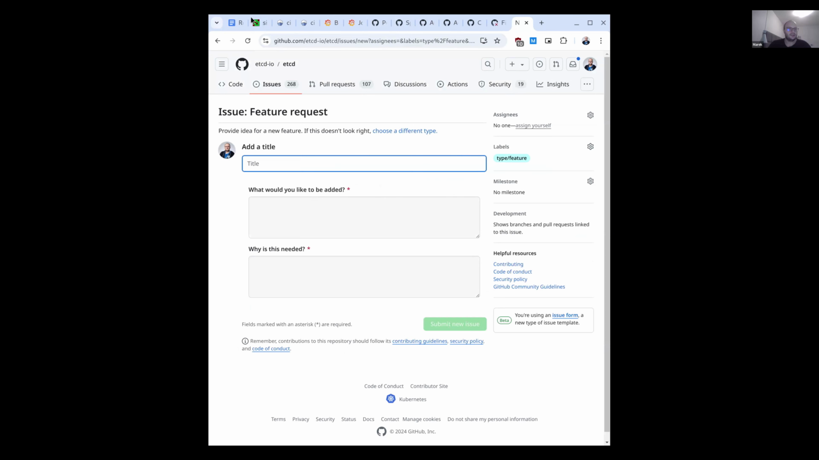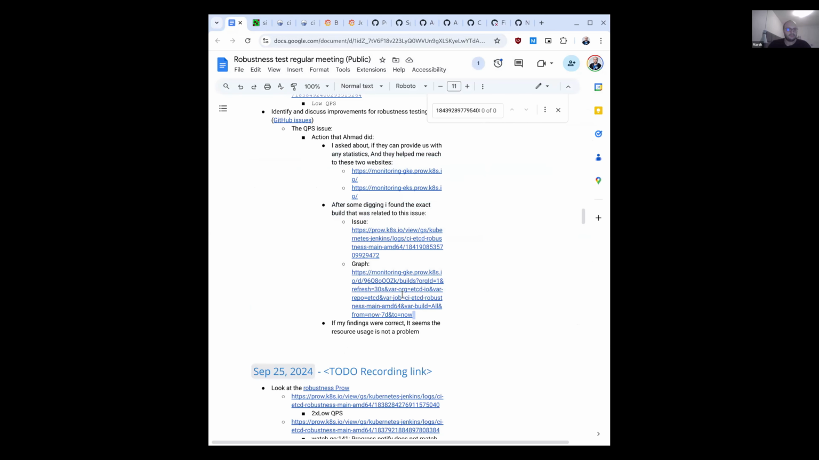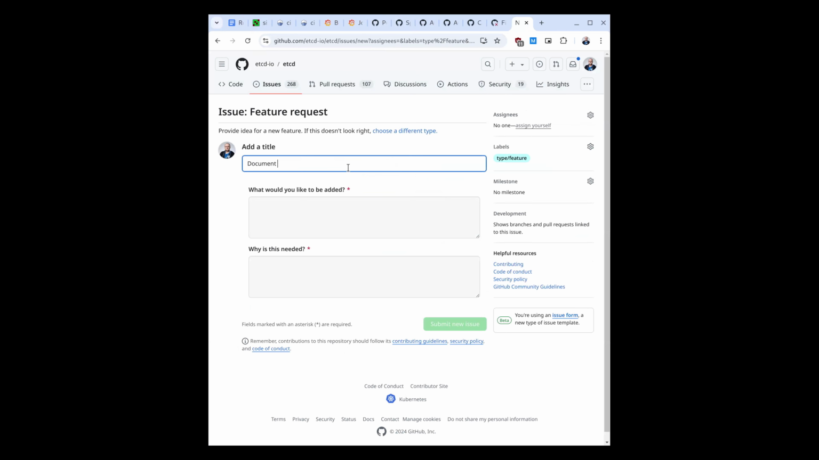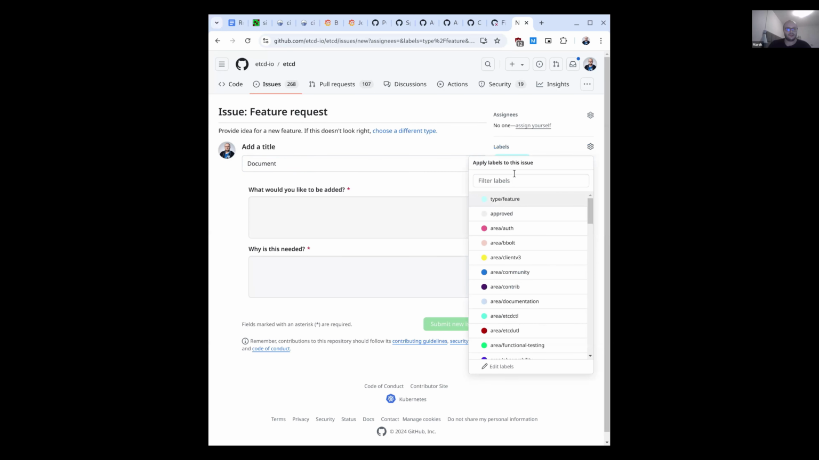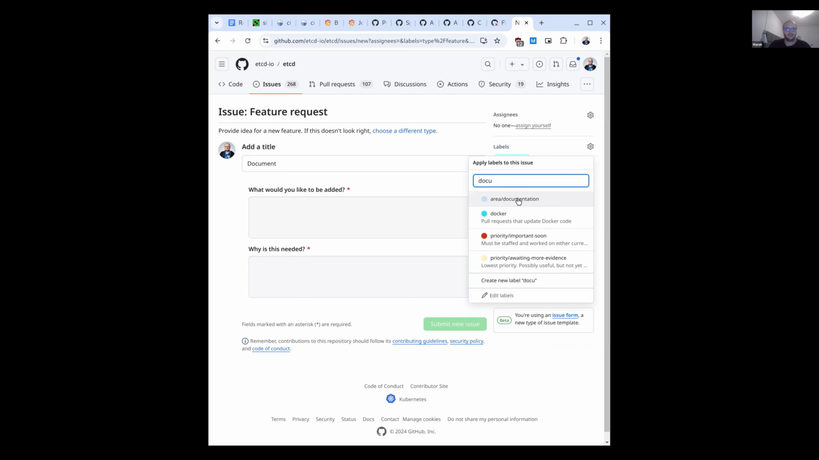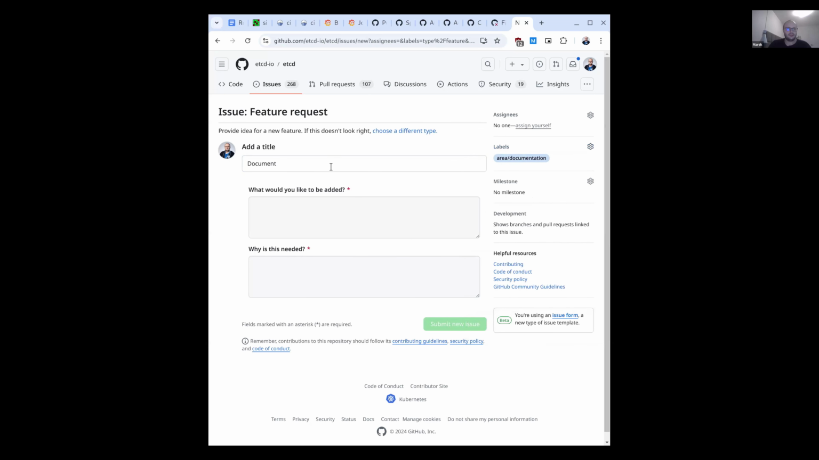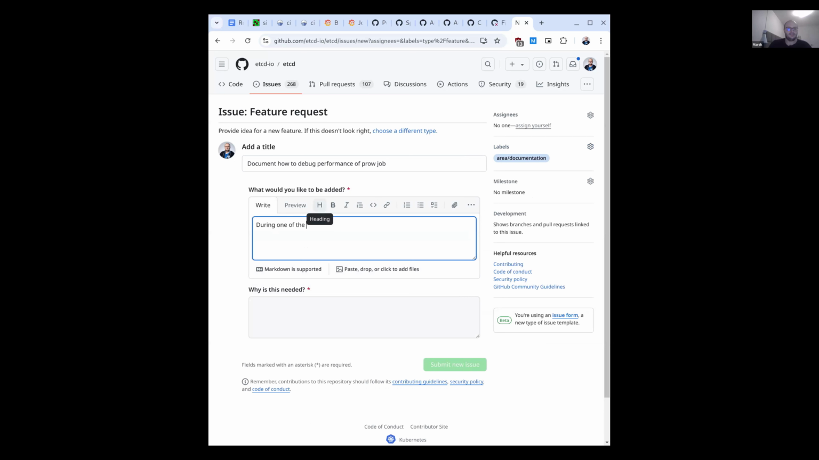It's fine. You can go ahead and create the issue, and I will join implementing that issue later. Thank you. So let's create an issue with type documentation: we document how to debug performance of a project, and during one of the robustness tests we note